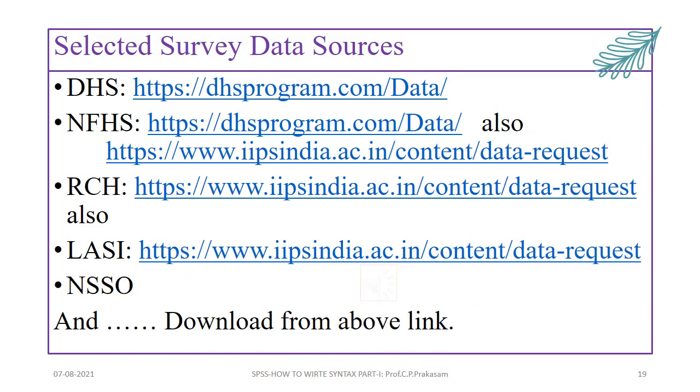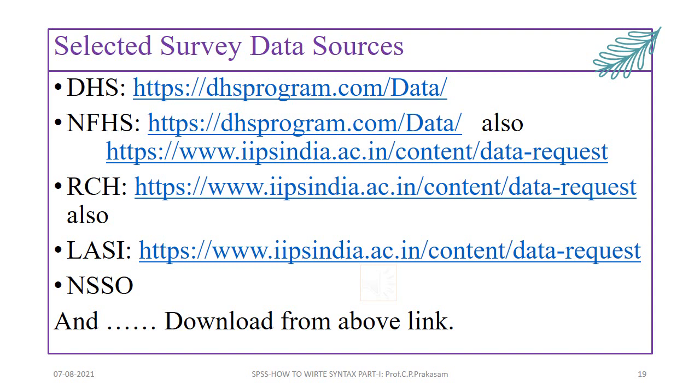Here some selected survey data sources are given. The researchers who are interested can click or copy this link and then download from the internet or the respective internet locations. Here it is DHS, that is the Demographic Health Survey, which gives the demographic health surveys conducted in various countries; it will give the information worldwide. Among that, NFHS is also given for India, under India. Then if you want to collect NFHS directly, you can use this link,